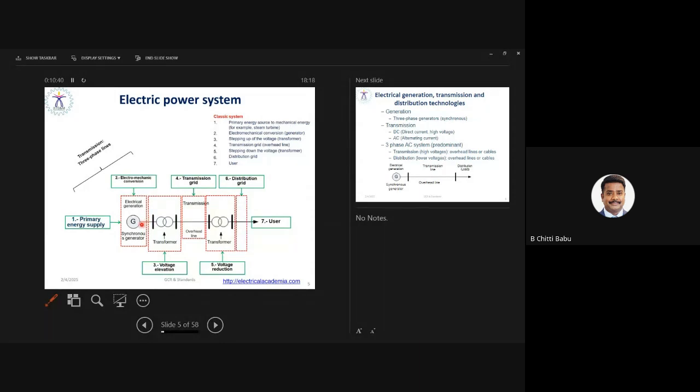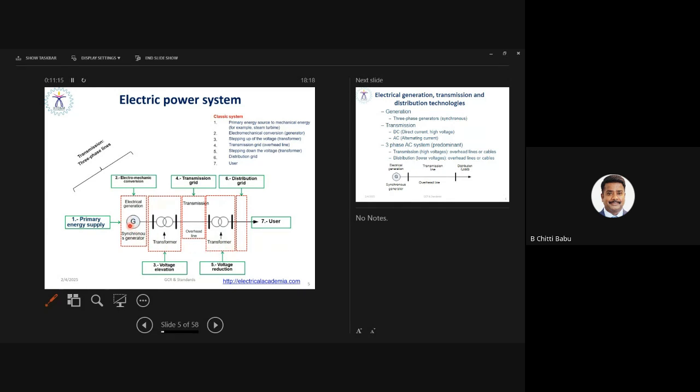So for controlling the output voltage of the generator, we use an excitation system, and by changing the excitation current, we are able to change the output voltage of the generator. Whereas by regulating the mechanical power input in terms of torque and speed, we are able to regulate the frequency. Of course, the frequency of power generation is well synchronized with the turbine speed. This is why this generator is called a synchronous generator, right? So the frequency regulation is possible here in the synchronous generator and in the power plant itself,